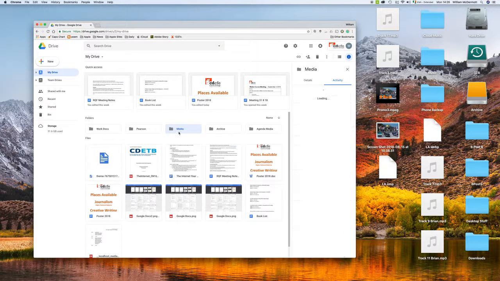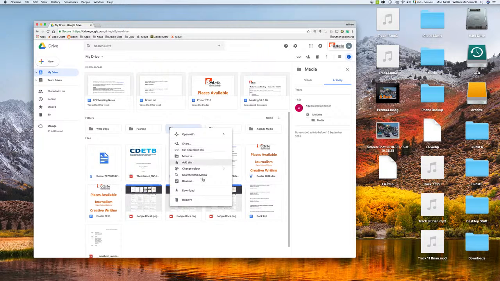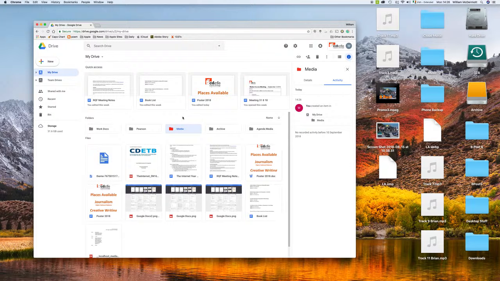And it should happen that there's my media folder. If I right click on it or control click on it, I have options here. I can change the color. So I'm going to make that folder red. There it is. So you can color code things if you want. Inside that folder,